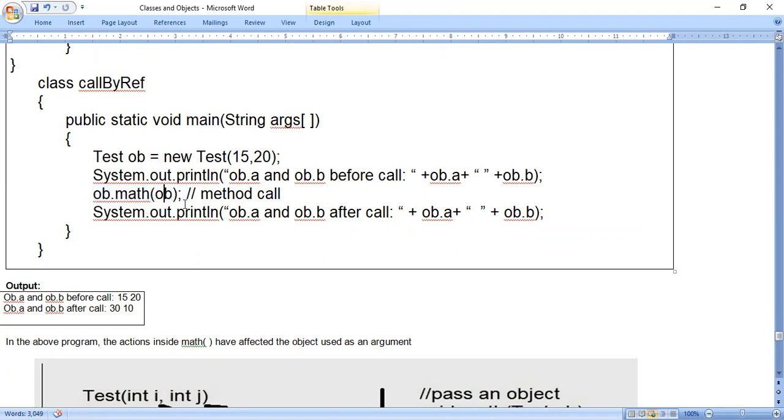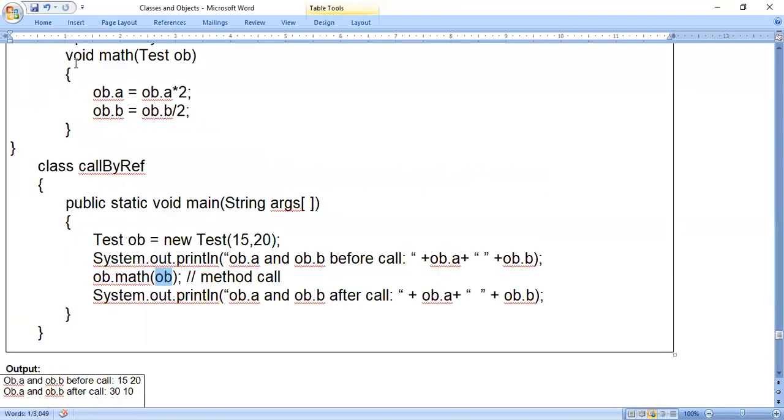The object is passed here. This object is passed to the method, so on the receiving end also an object should be there. You see on the receiving end, if suppose I write int i in the method math, it is wrong because the i variable belongs to integer type. Whereas if you look at this particular statement, ob belongs to